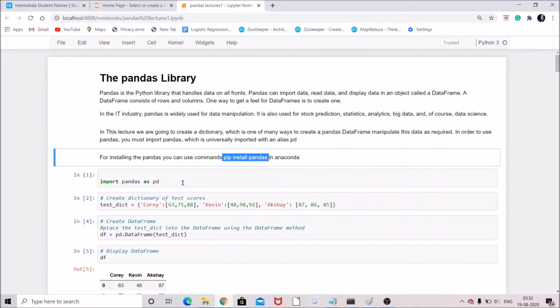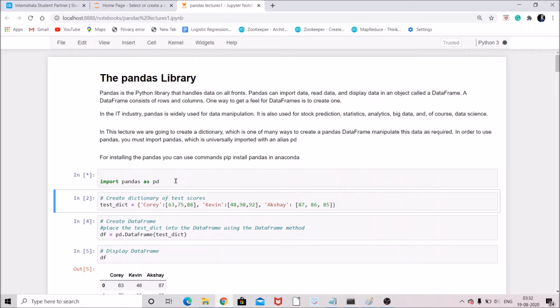So let's start. First let's import pandas as pd. After importing, we create a dictionary which contains the test scores of three students, with their names and their scores given as lists of numbers. To create a data frame, we place the dictionary into a pandas data frame.